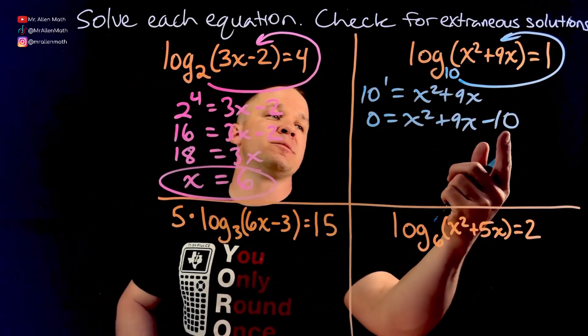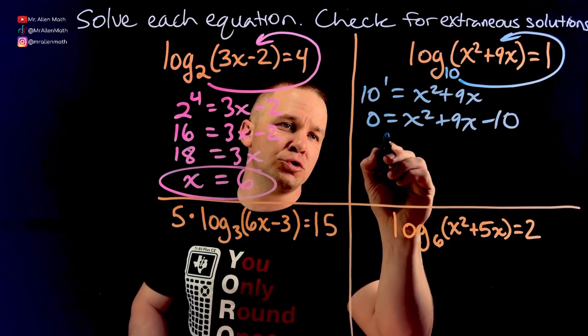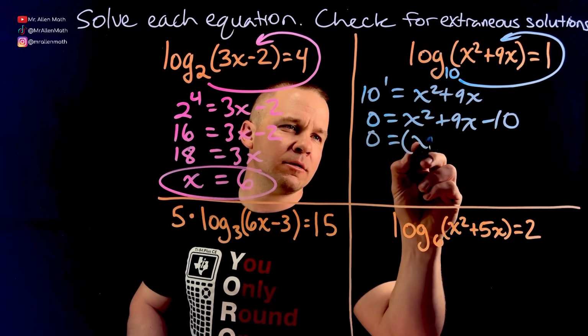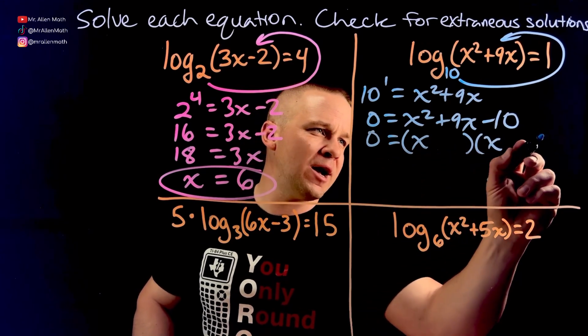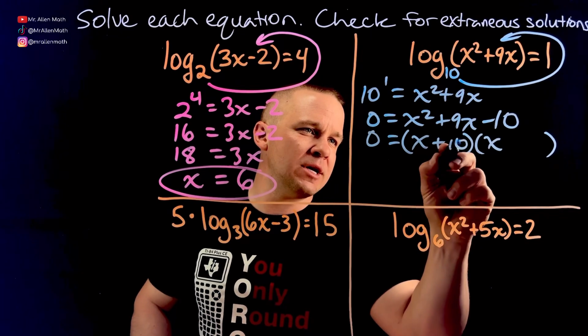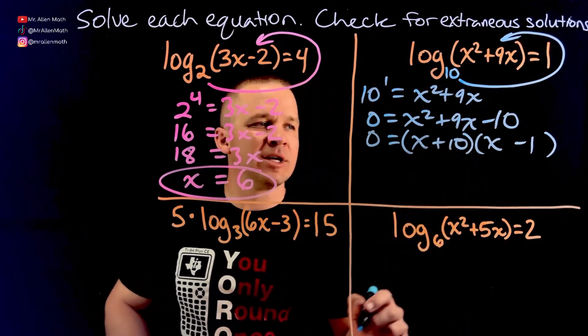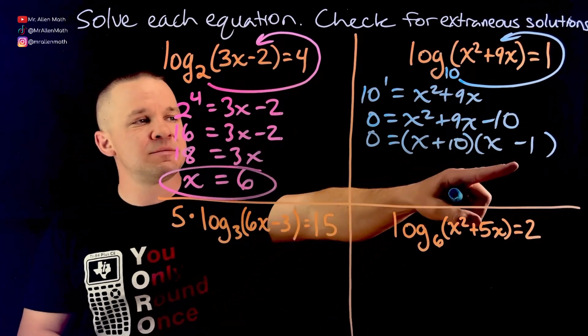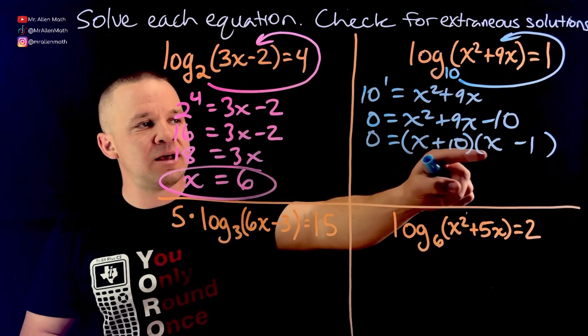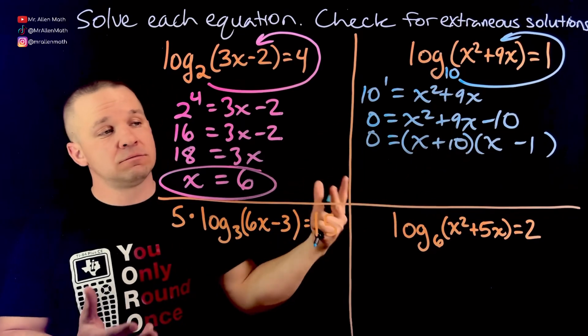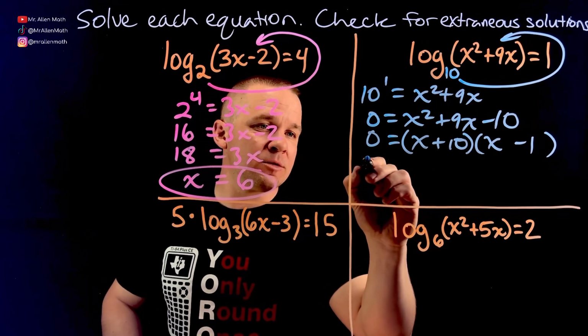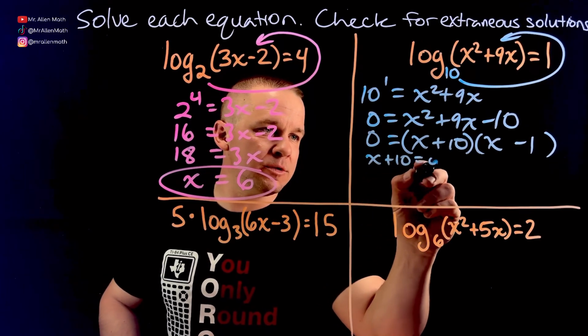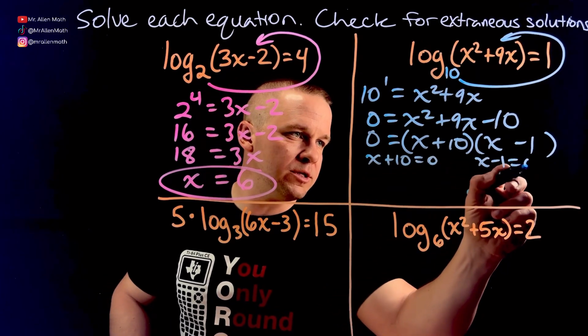Now I can figure out what multiplies to negative 10 while adding to positive 9. What would that be here? How about positive 10, negative 1? That ring a bell? It does. 10 times negative 1 is negative 10. 10 minus 1 is 9. Checks out. So now I have x plus 10 equals 0 and x minus 1 equals 0,